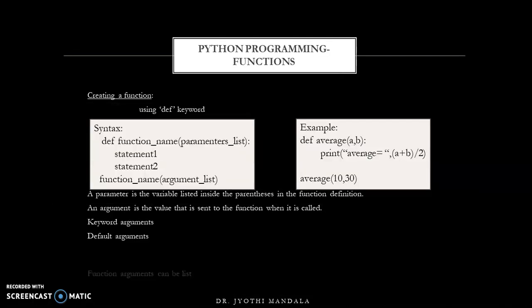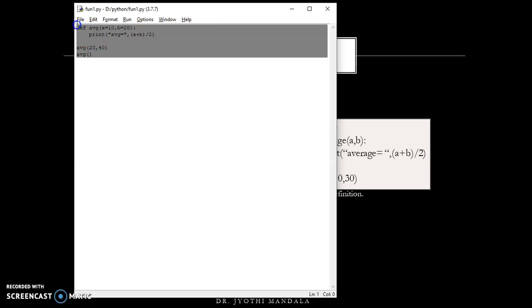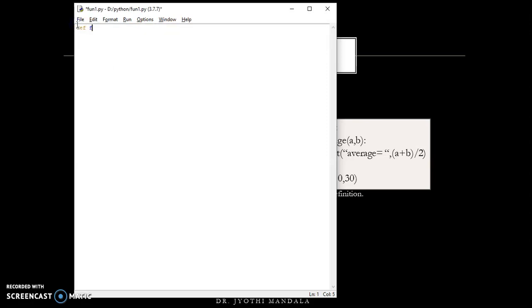Right? Next one is, to a function we can pass a list also. So how to pass a list? Let us consider I want to define a function, and to this I am passing a parameter called a list. L is my list, and I want to print the values in the list. I am writing print i, as simple as that.